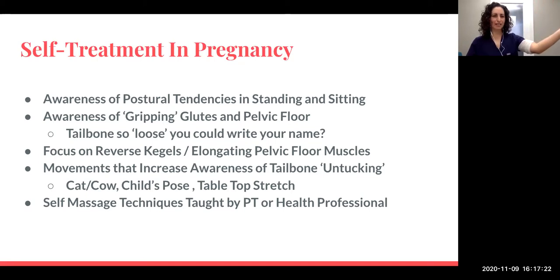And for a lot of people, this relaxation is a little bit more subtle. So maybe the muscle just has like a 30% tension. And how can we just see if we can decrease some tension in the pelvic floor? There are movements that can increase this awareness of decreasing tension in the pelvic floor or the tailbone kind of untucking. You're coming out of that really engaged position. Things like cat-cow, child's pose, tabletop stretch would just be like a modified downward dog, like a nice spinal extension. Just things that take you out of that gripped position and give you some awareness of where your body is